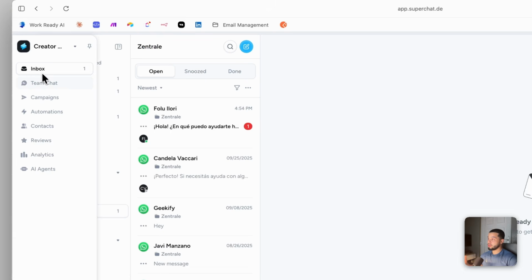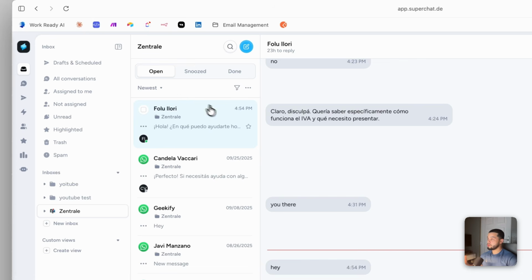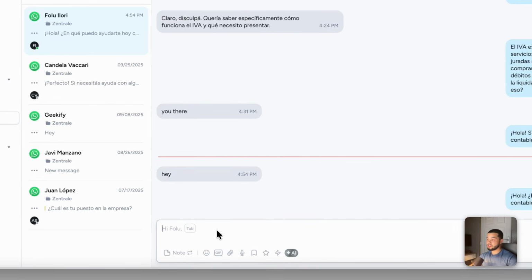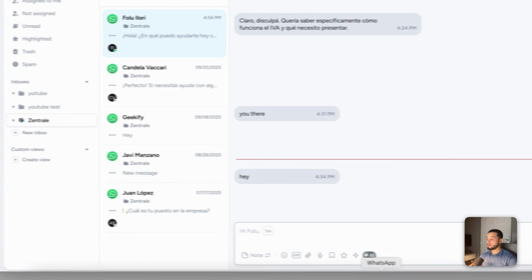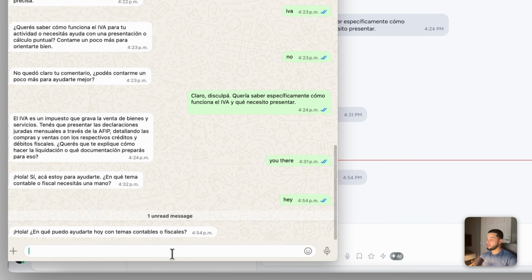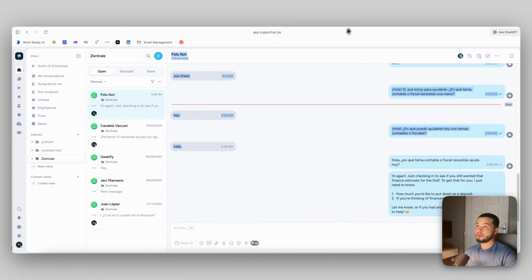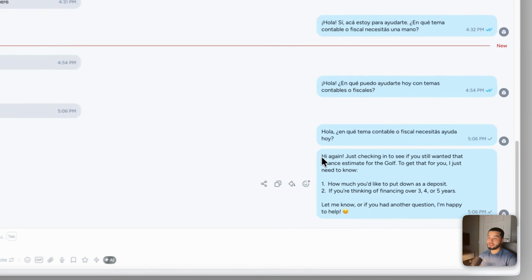So if I come over here to my inbox, you can see here it's follow. So let's see the messages here. I can actually send manual messages. So you can see down here, I can send manual messages instead of the AI agent sending messages. But if I come over here now and I send a message over like hello, if I send hello from my personal account, you can see we receive it over here, and the AI agent is going to send a